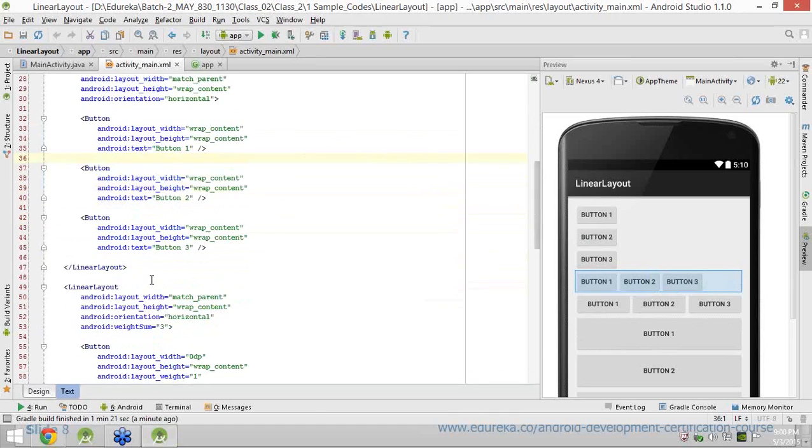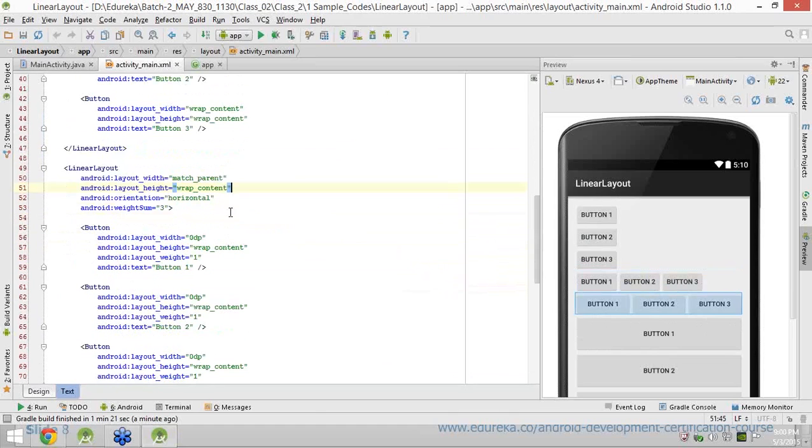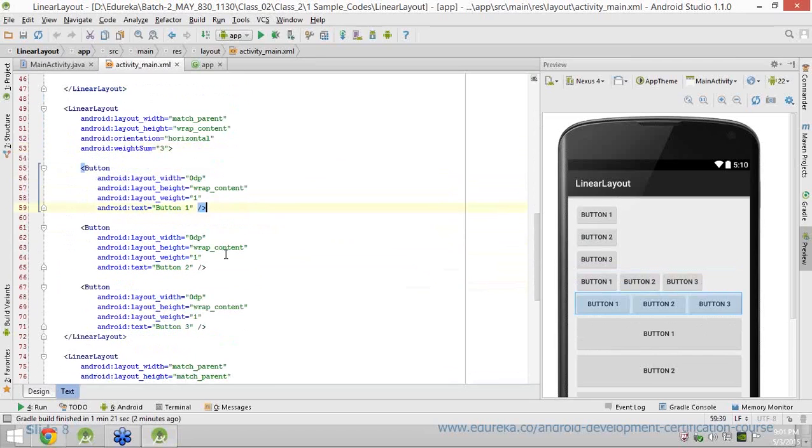Then below that I am creating one more linear layout, but now I am adding one more concept that is called layout weight. Yesterday one of the students had asked me a question: what if you want to add contents in the layout and assign equal percentage? So let's say I want to add 3 buttons in the layout and I want to give equal widths to those buttons. So in that case I would have button 1, button